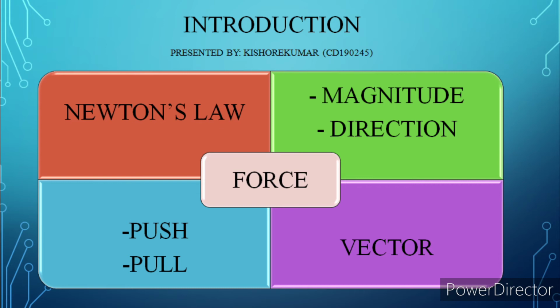One consequence of Newton's first law is that if an object is at rest, the total force on it must be zero. A force is characterized by both magnitude and its direction. Such quantities which are characterized by both magnitude and direction are called vectors. A force is conveniently represented by an arrow that points in the direction of the force. The length of the arrow is chosen to represent the magnitude of the force according to an arbitrary scale.